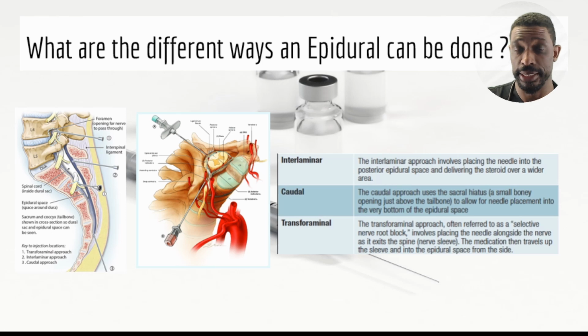The reason why is it's a different type of needle. It's typically smaller in size. It normally doesn't have the same type of sensation that you'll feel when the ligament is trying to be contacted, because to do a labor epidural, the needle has to go through a couple different areas. Specifically, it has to get into something that's called the ligamentum flavum, and that sensation is what causes a loss of resistance or potential vacuum that takes place that allows the person placing the epidural to know they're in the